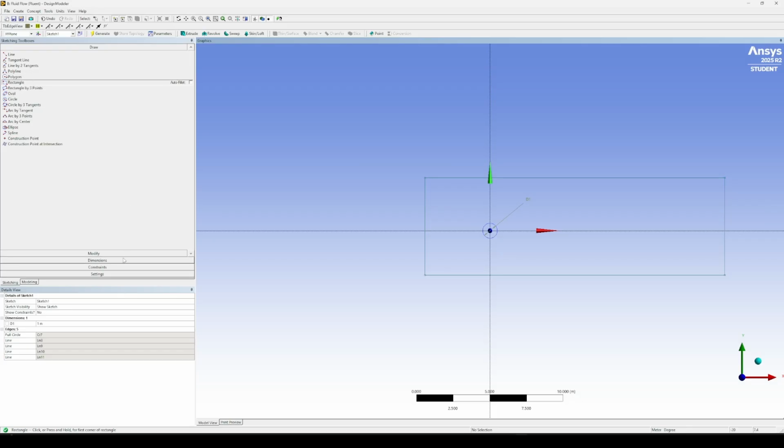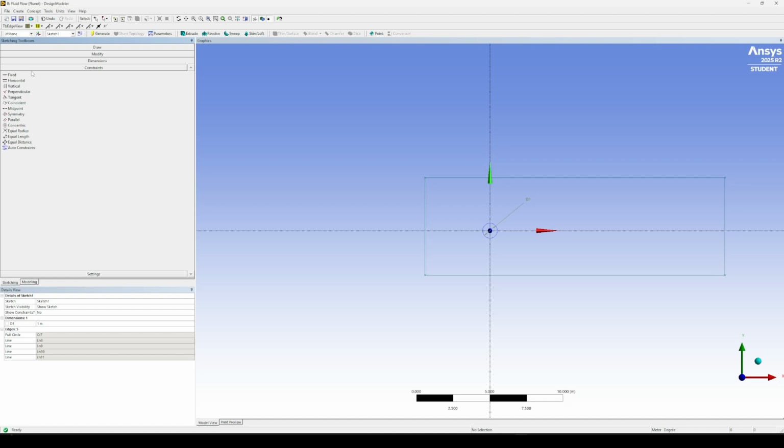And then first, let's constrain it so it's symmetrical along the horizontal axis. So now top and bottom are right in the middle, and we're going to dimension those to be horizontal to be